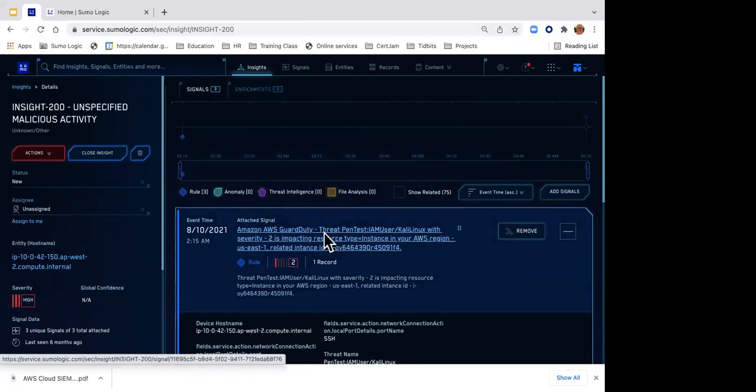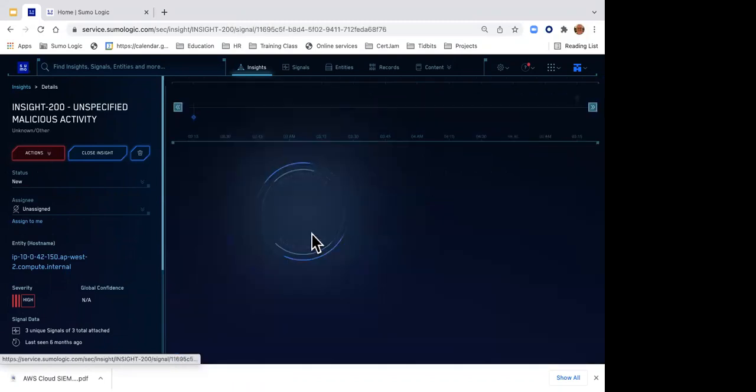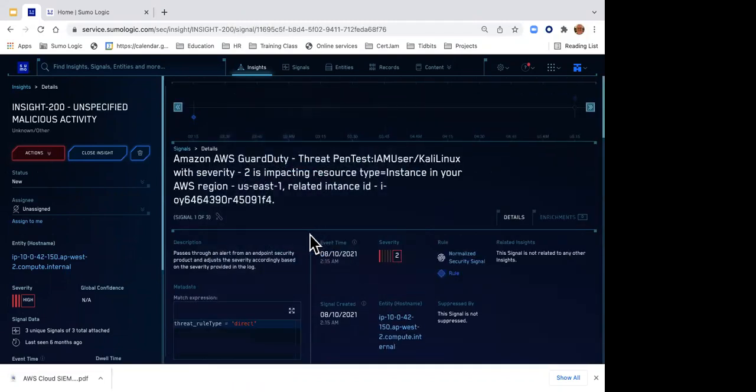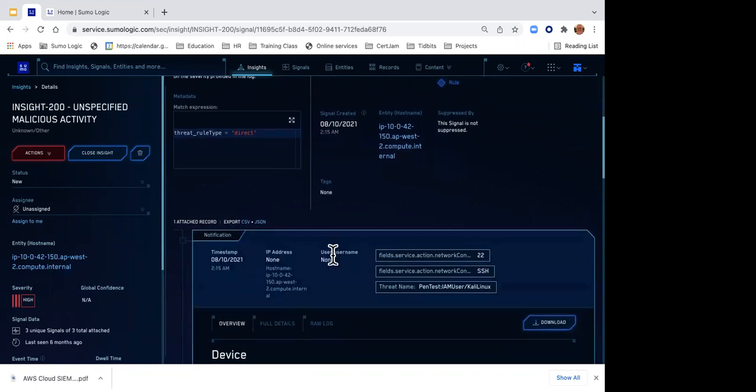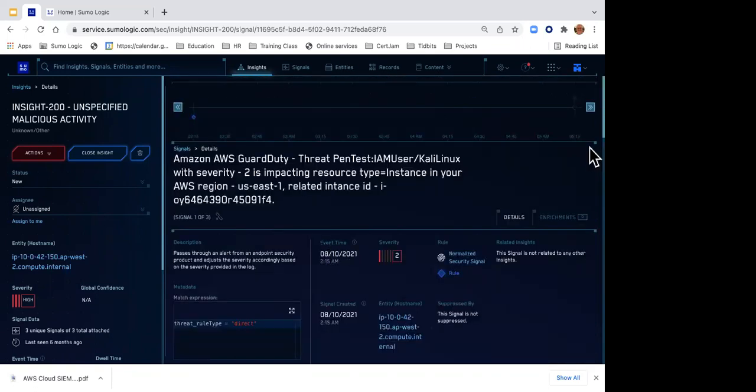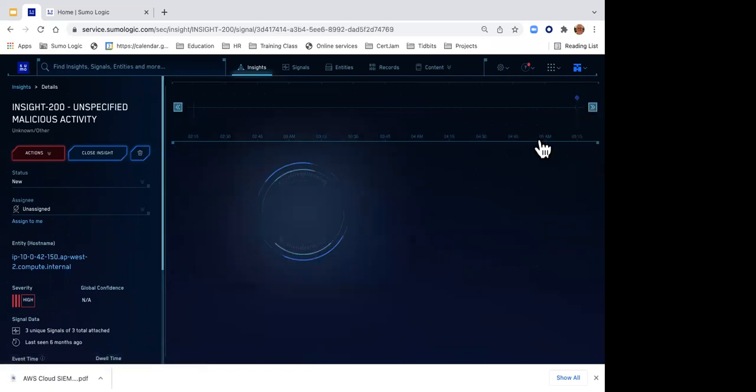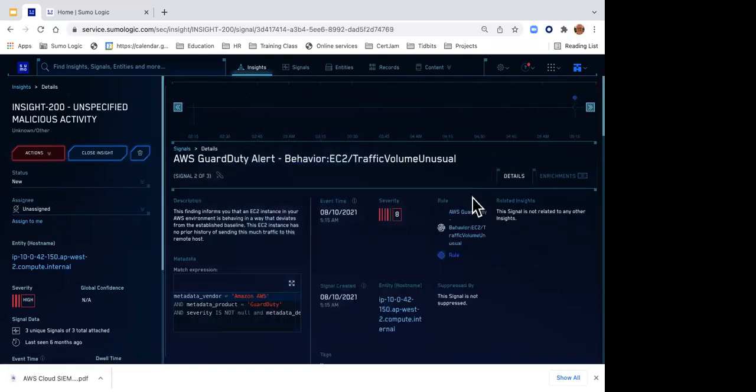Yeah, 3 signals. Obviously, the first signal looks like someone's using Kali Linux to do a penetration test. So this is probably someone you paid to break into your network and figure out where your weakness is, and it looks like that's what they're doing to your east region. And then the second signal, it looks like they're just sending a lot of traffic somewhere remotely.